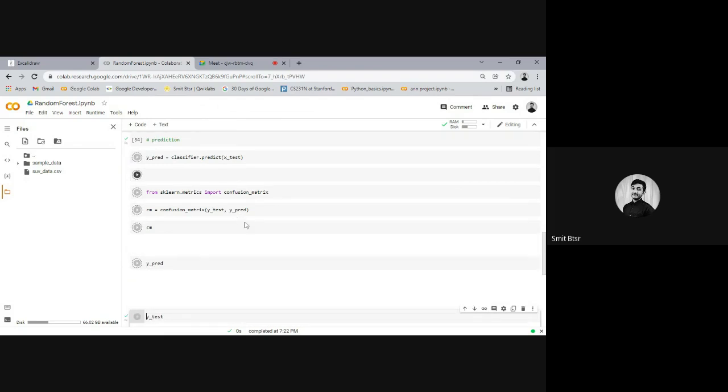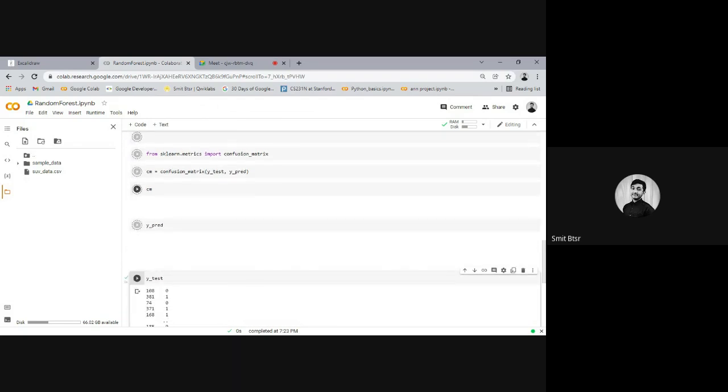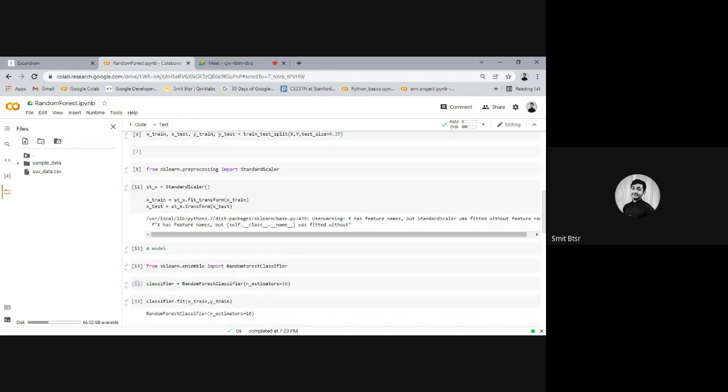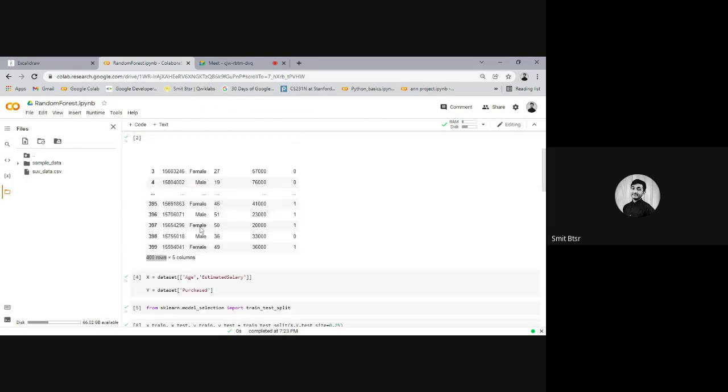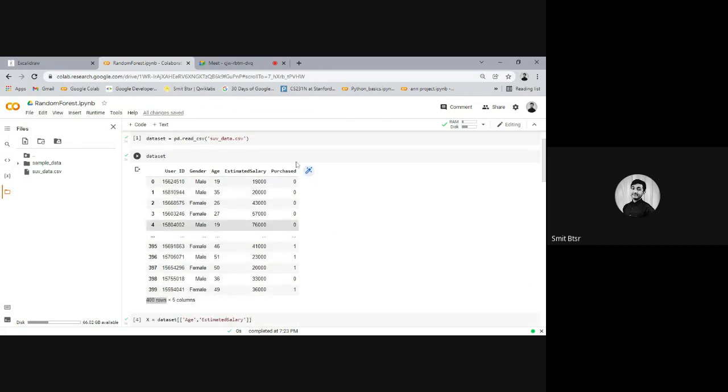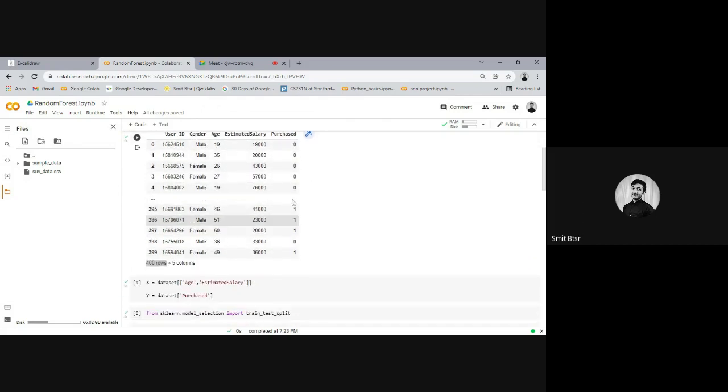So that is how you can predict, and after that you can compare. The main step was to consider these things, like how to import these models. First of all, we have to do pre-processing, right? We need to identify which inputs to consider, which inputs to not consider, and which should be the target output column. So we need to understand how to identify those columns.